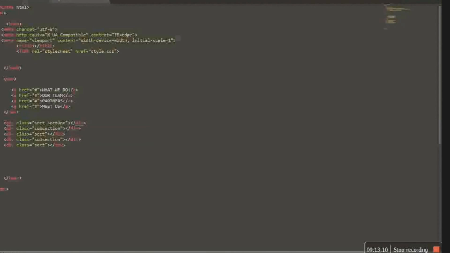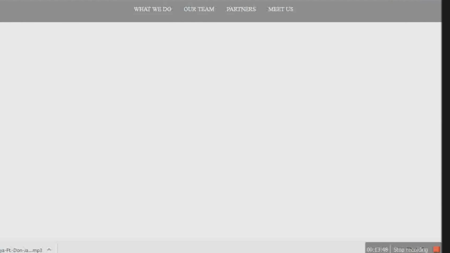This one should be sect 2, and the last one should be sect 3. Don't forget that this will make it 3 different sections, and you can add as many sections as you want. Then let's save and check how it looks.